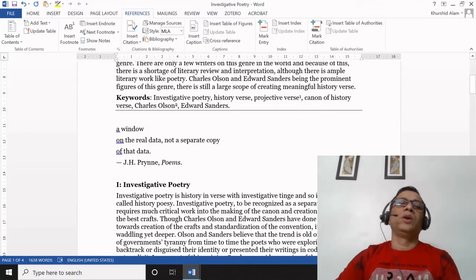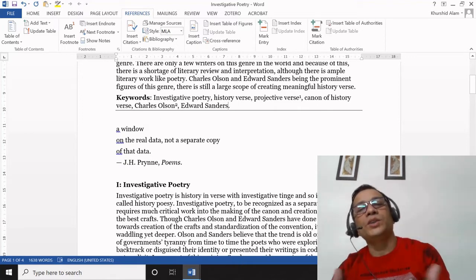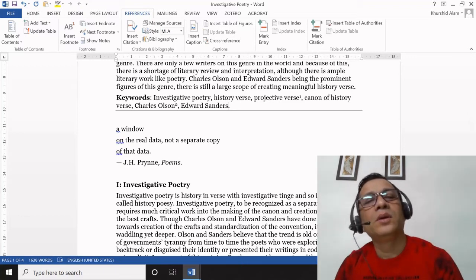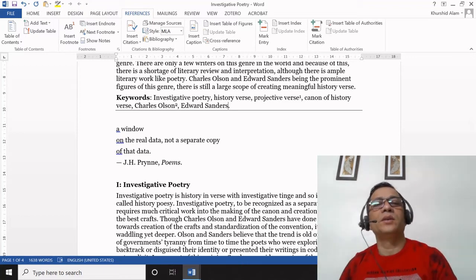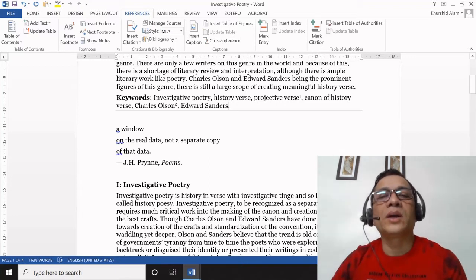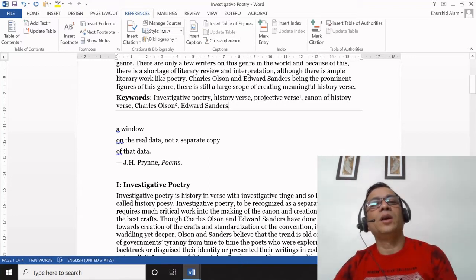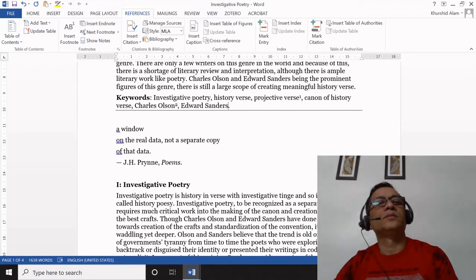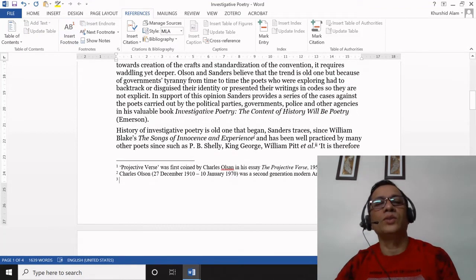Similarly, I am going to add one more citation to the term or name Edward Sanders. So once again, bring the cursor at the end of the term Edward Sanders and then click Insert Note.